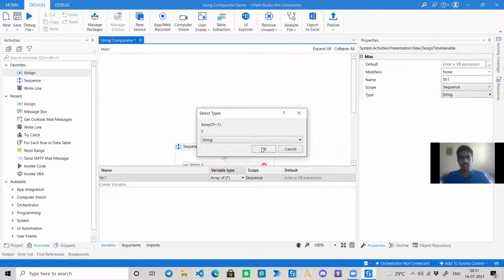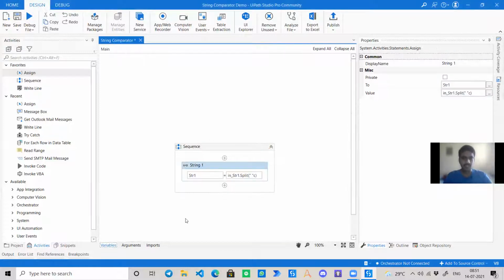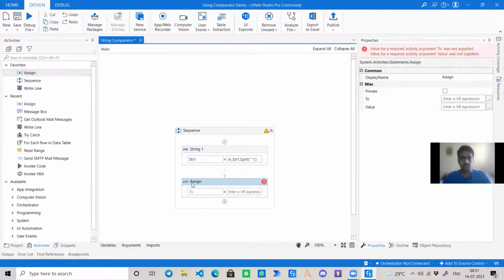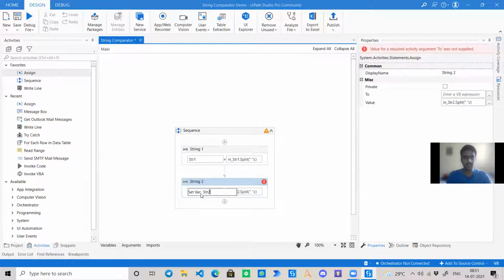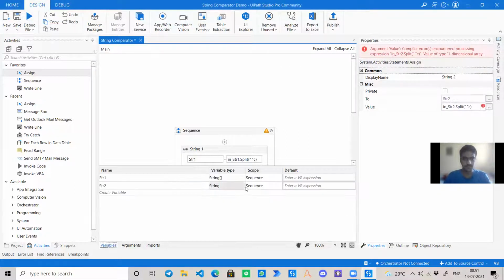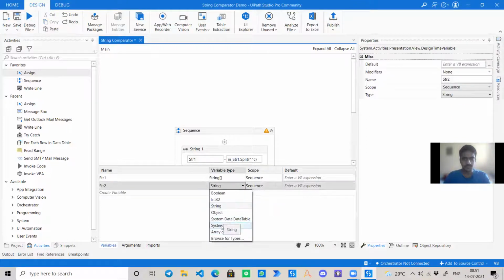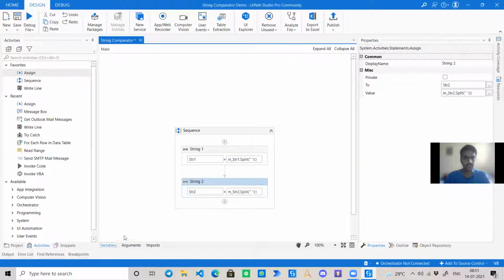Right now what we are doing is using a basic algorithm logic which is used to compare two strings. Okay, so I'm building that in UiPath. Now this would be our string2, and similar to above, it would be in_string2.Split at space, and let's call it string2. This would be System.String array.